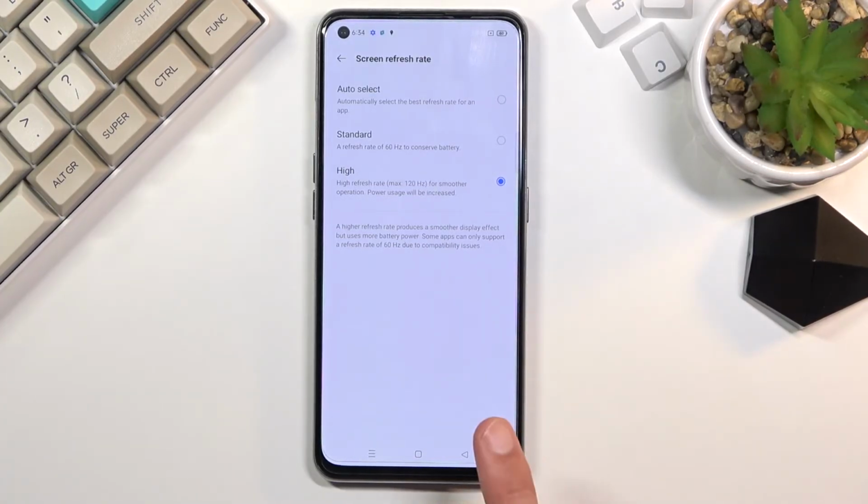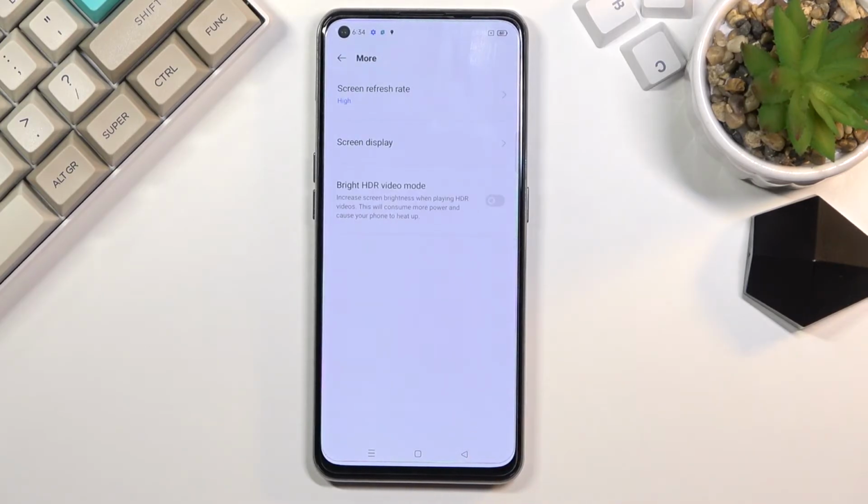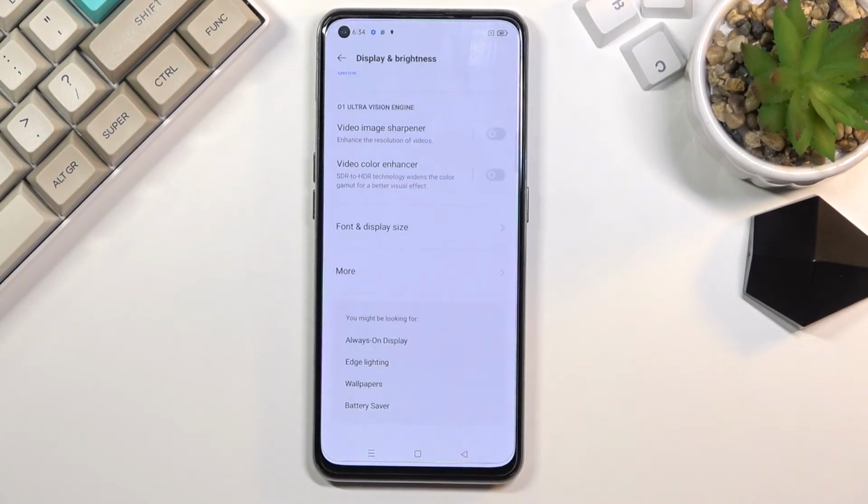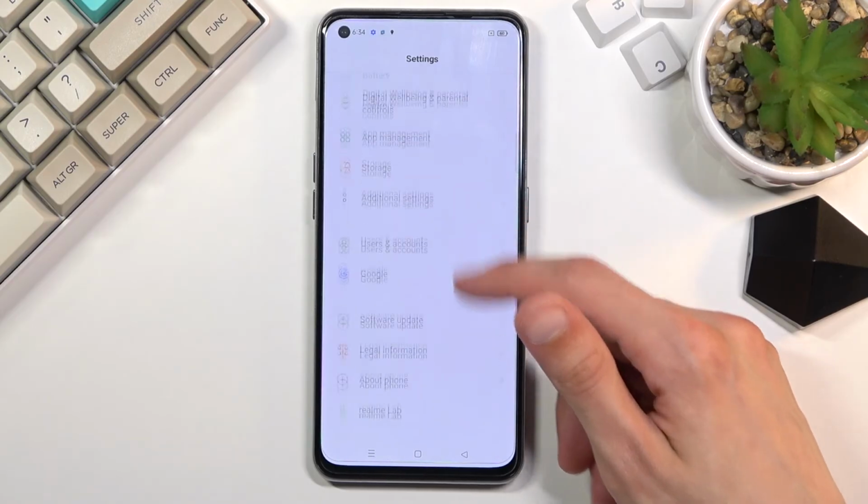Personally, I think I prefer to have it always capped. Now additionally, by setting it at 60, you will gain a little bit more battery rather than with 120. 120 Hertz will drain it a little bit quicker, so there is a trade-off. You will have smoother content, but also you will have less battery life. But to me, the trade-off right here is fairly